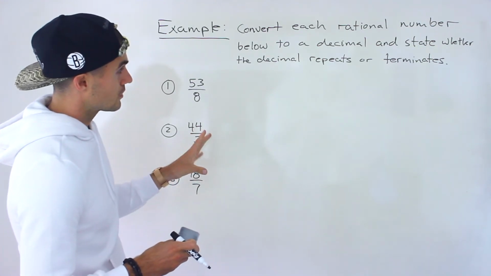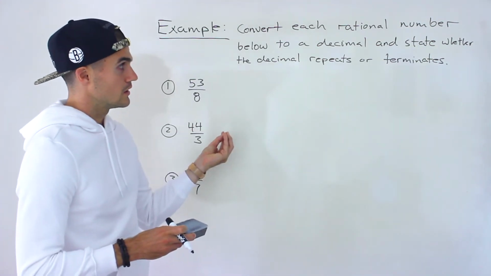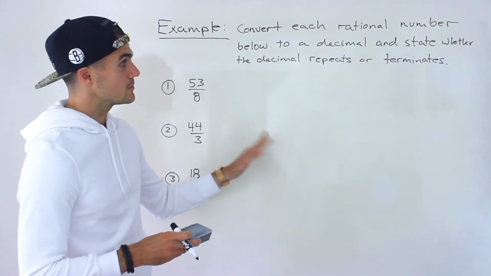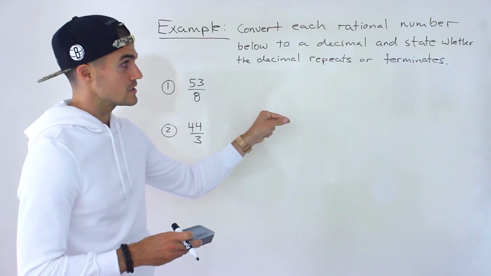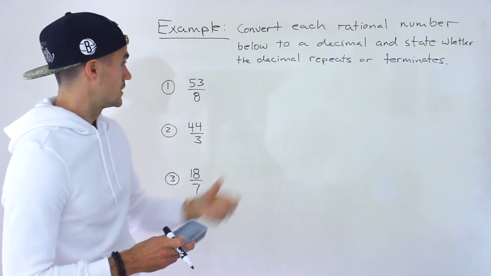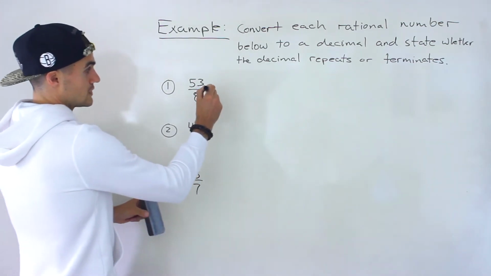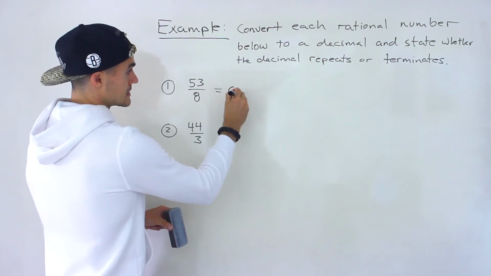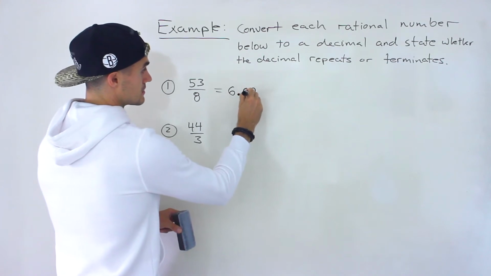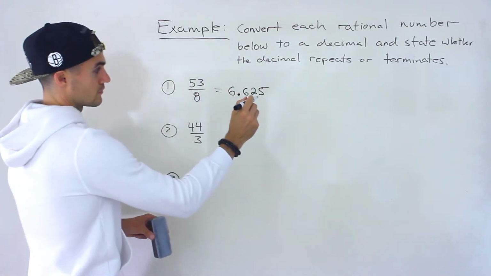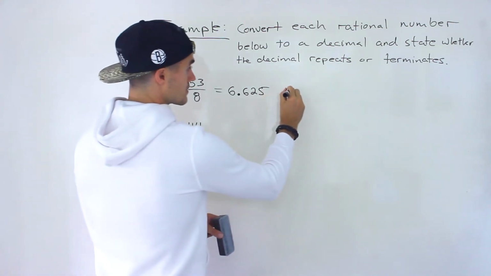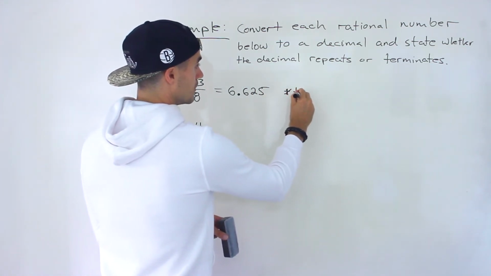And if you remember, a rational number is either going to be an integer, or it's going to be a decimal that repeats a sequence or terminates. So if we take 53 and divide it by 8, what would we get here? We would get 6.625. So nothing else would repeat, and so this here is an example of a decimal that